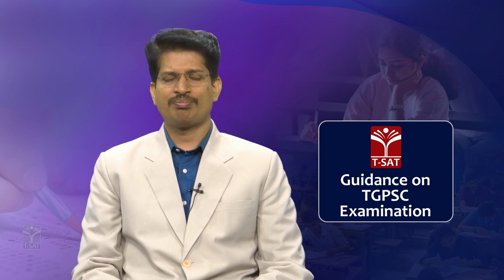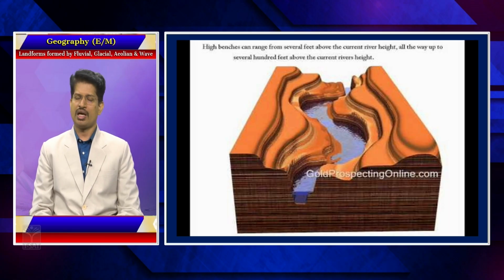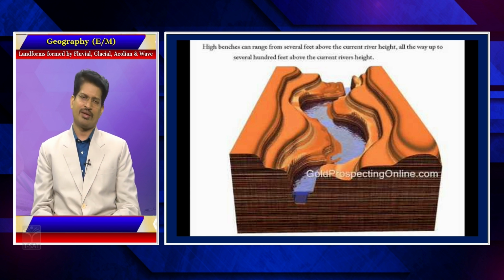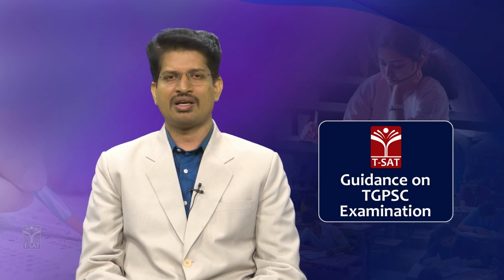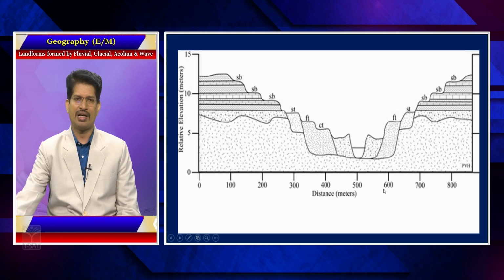These are known as parallel benches when the benches on either side are the same, but they are not called parallel when they are not equally cut. The reason for the variation is that on either side of the river valley, the rocks of which the valley is made up might not be the same. When the rocks are of a different nature, you will not get parallel benches. So, you may not get parallel benches on the other side when the rocks are not of the same strength.